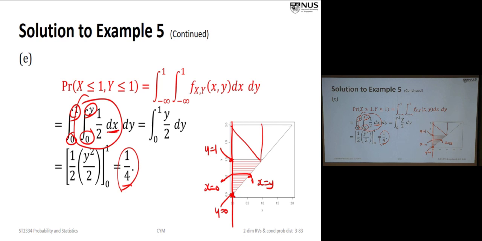Right? Because the beauty about this uniform distribution, we just look at the region. And the region, I can compute the area easily. So it's just this one. The region is 1 times 1 times half. So it's half. Half out of the total region and total area is 2. So it's half out of 2. So it's 1/4 of the whole thing. All right, so the probability is also 1/4.